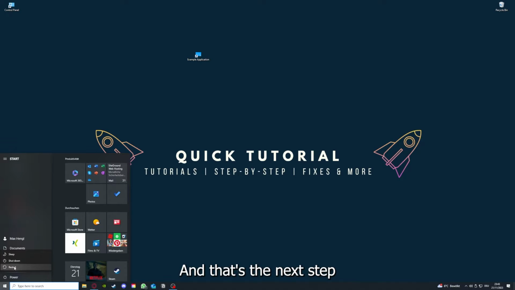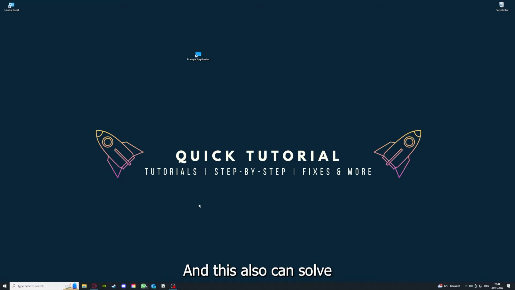That's the next step after restarting the application. If that doesn't work, just go to restart and restart your PC for once, and this can also solve a lot of problems within an application. And if you restart your computer, you also make sure that nothing else is running,